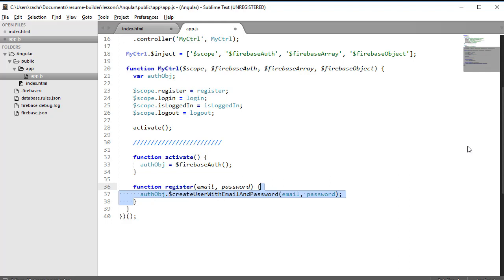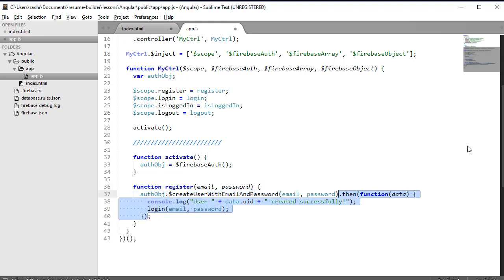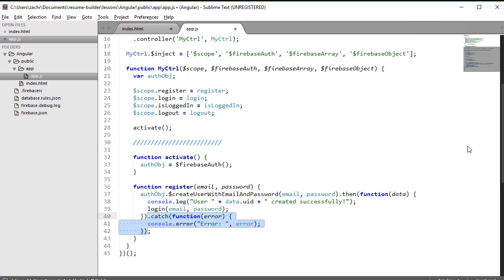A promise can have one of two outcomes. Either it can succeed, in which case it will call its .then method, which accepts a callback function, or it will fail, in which case we need to catch the error it sends back and do something with that error. We'll discuss promises more in the next section, but for now, all we need to concern ourselves with is that we're calling the $createUserWithEmailAndPassword method, and then we're going to log in our user using that same email and password. So of course that means we need to define the login function as well, and that